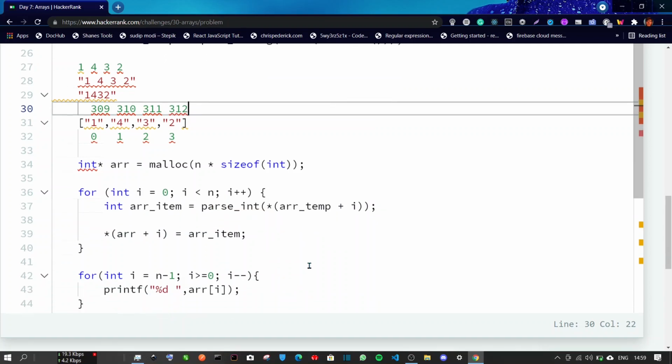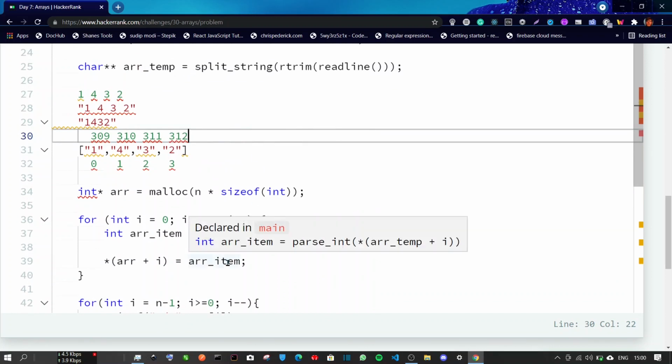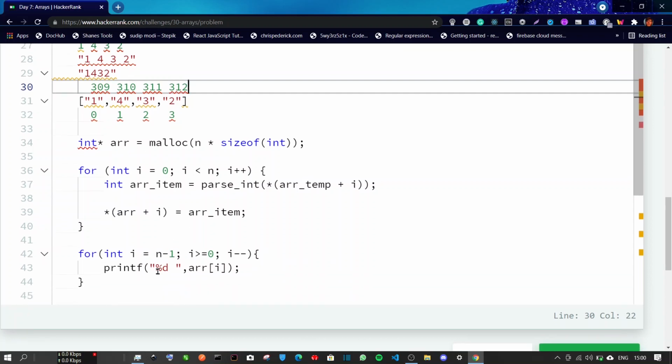So basically we have one pointer facilitating the relocation to another pointer, right? After we have all the elements referred to by this array pointer, we can use this array pointer to loop through and print them in reverse.